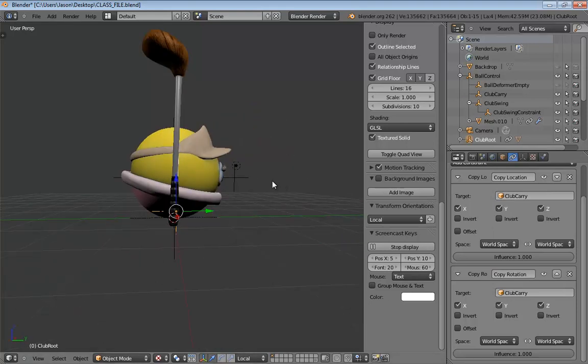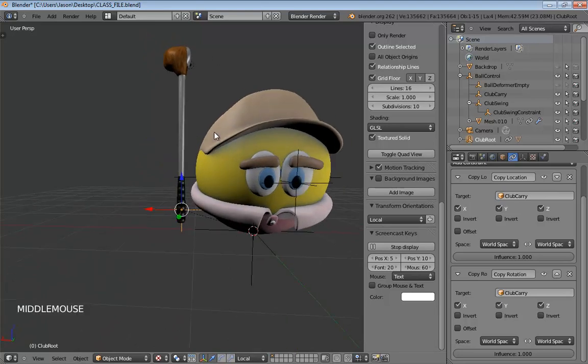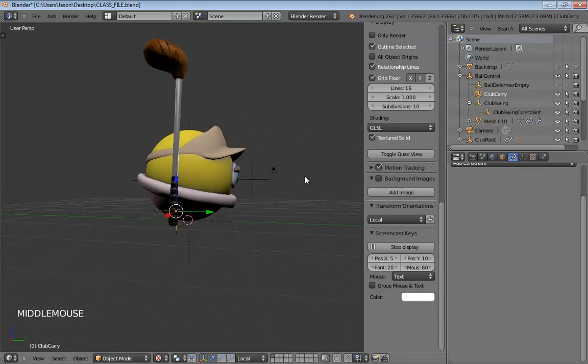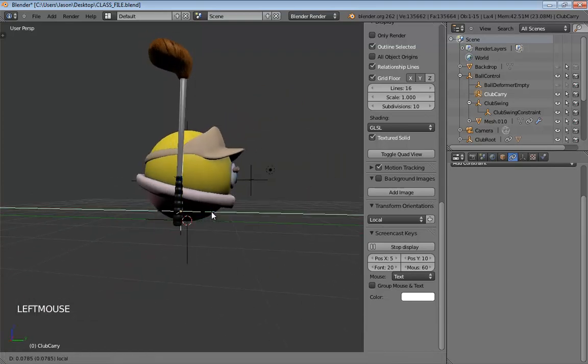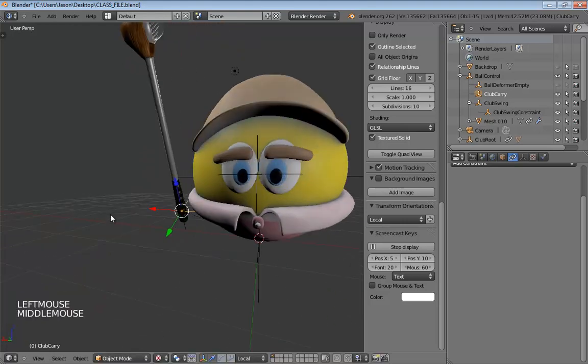Now at this point, if you want to create a more natural sort of carrying position and rotation for the club when it's being carried, it's a good time to grab your club carry empty, and now you can edit it a little bit. So you can maybe move it forward a little, maybe rotate it a little just to kind of bring it forward, like so. Because whatever you do to the club carry right now is going to translate over to the club root because of those constraints.